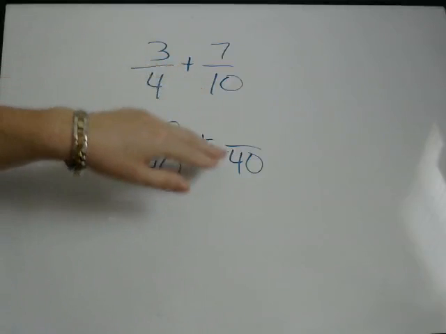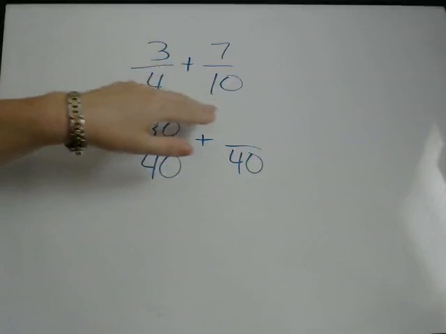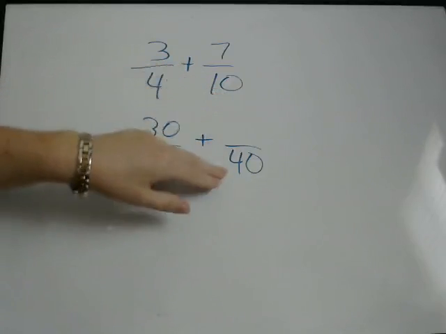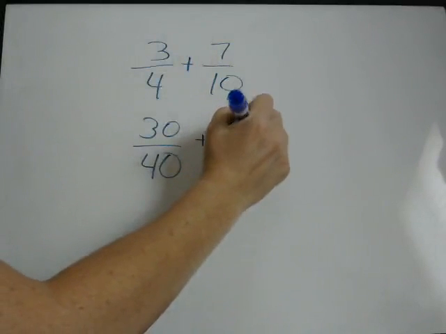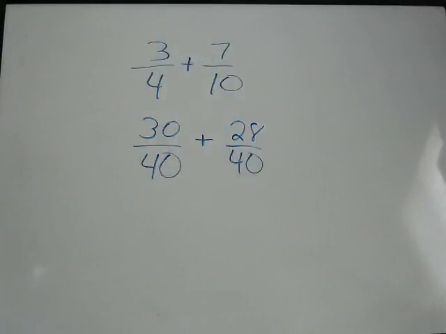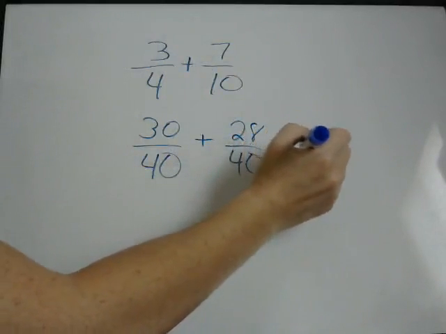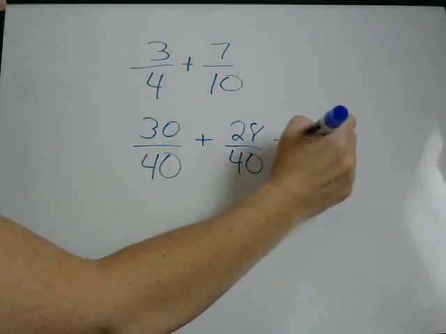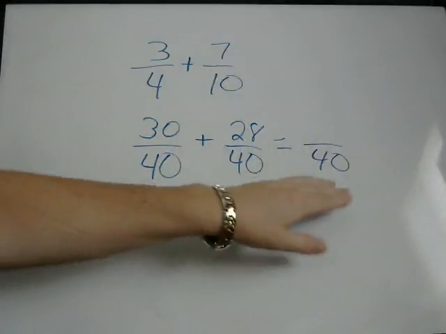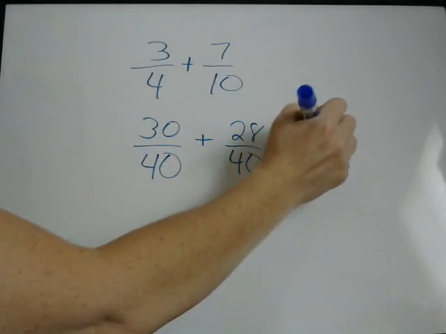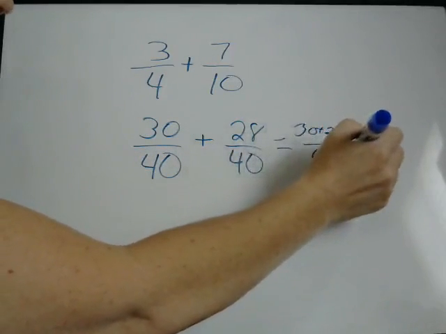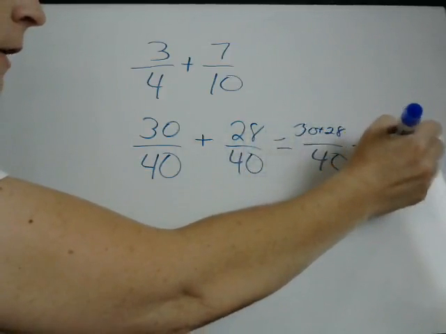How did we get from 10 to 40? Well, we multiplied it by 4. So if we multiply the denominator by 4, we have to multiply the numerator by 4 in order to keep these fractions equal. So 7 times 4 is 28. So now that we have a common denominator, when you're adding fractions, you just leave the denominator the same. So that's what your denominator is going to be. And then you just add. So it's 30 plus 28 over 40, which is 58